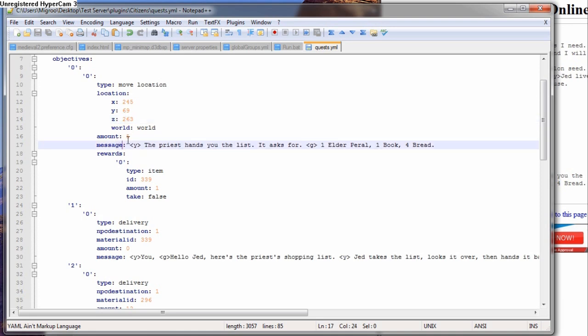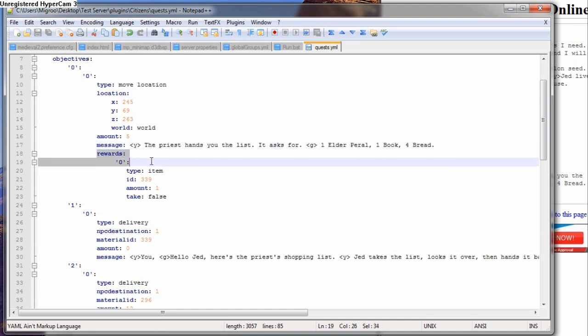Now, messages. Whenever you complete a sub-objective, you have a message that pops up, which is optional. You can just leave it blank, or I think you can completely remove it. I'm not entirely sure on that, but if nothing else, you can just leave it blank. It's just a confirmation that you completed this, or maybe it has something telling you what you should do next. So that's what that is there.